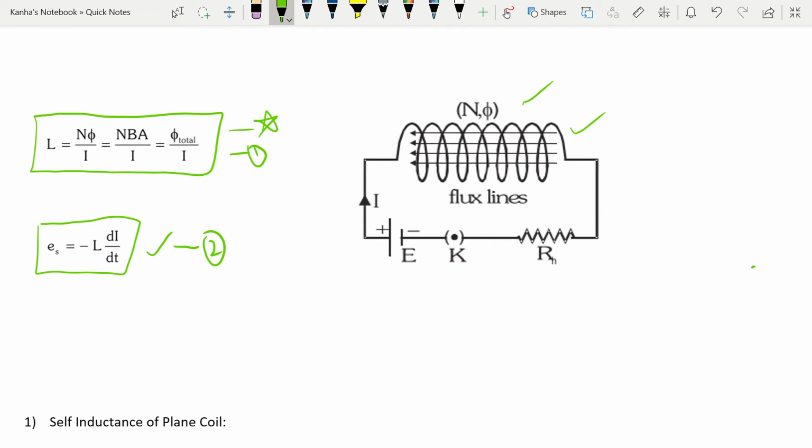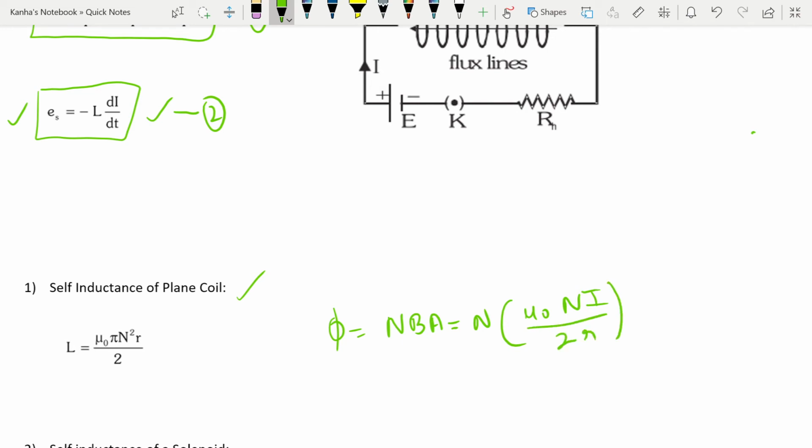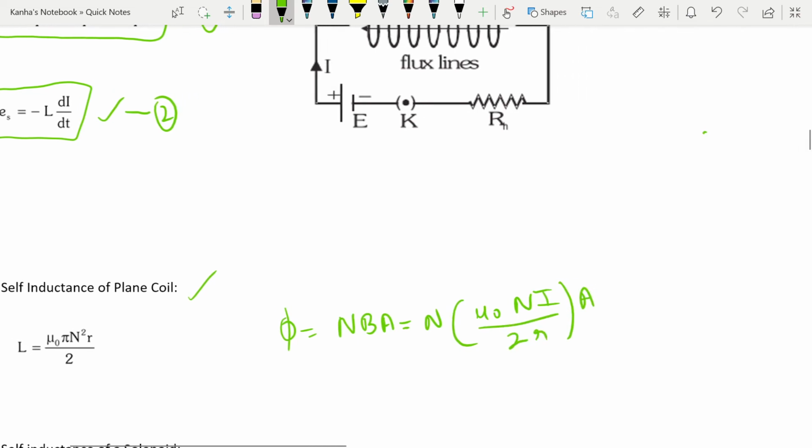This will be known as the self-induced EMF of the coil, and let's talk about some self-induced EMFs. The first one is that of a plane coil. For a plane coil, the total magnetic flux linked with n turns is what? The total magnetic flux is n times BA, which is n times mu naught Ni by 2R into A,